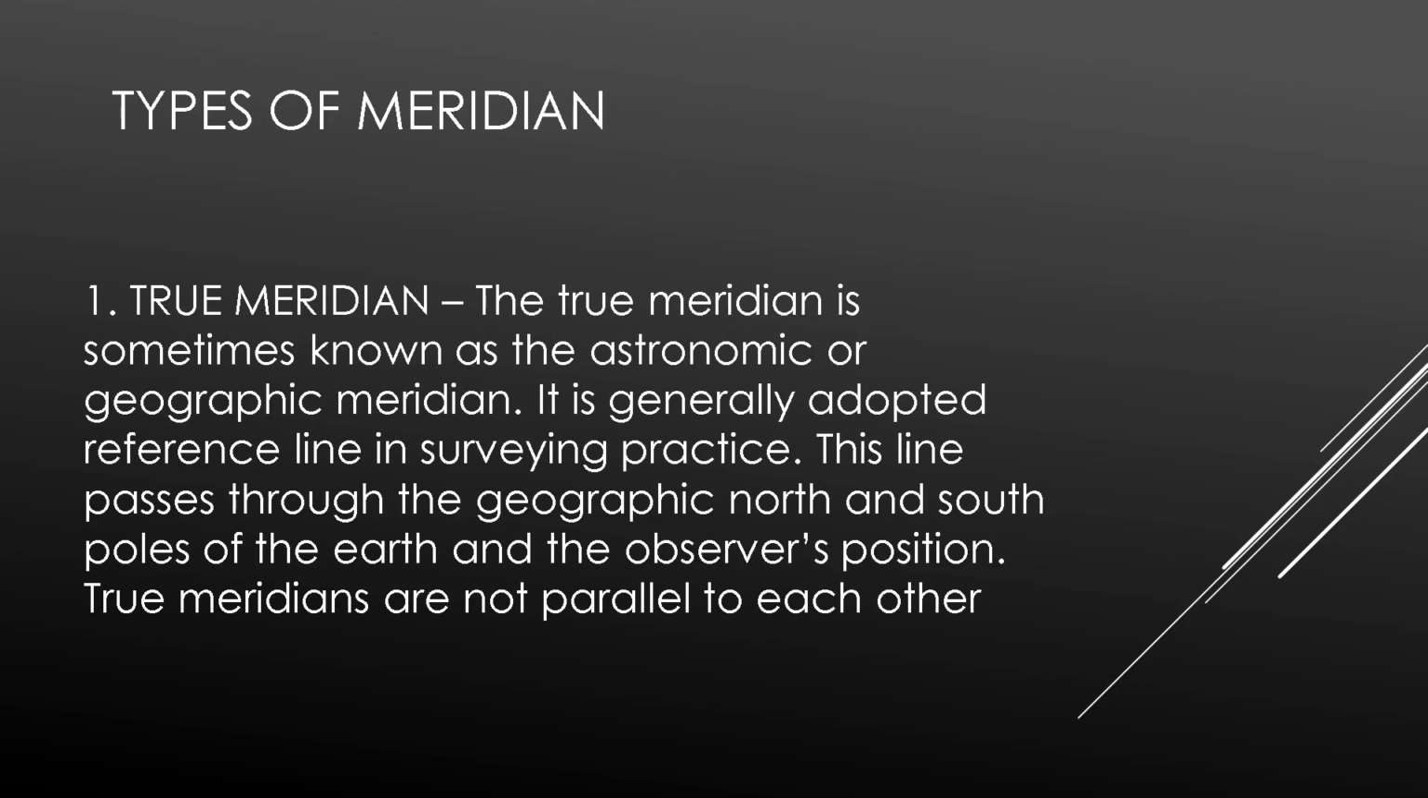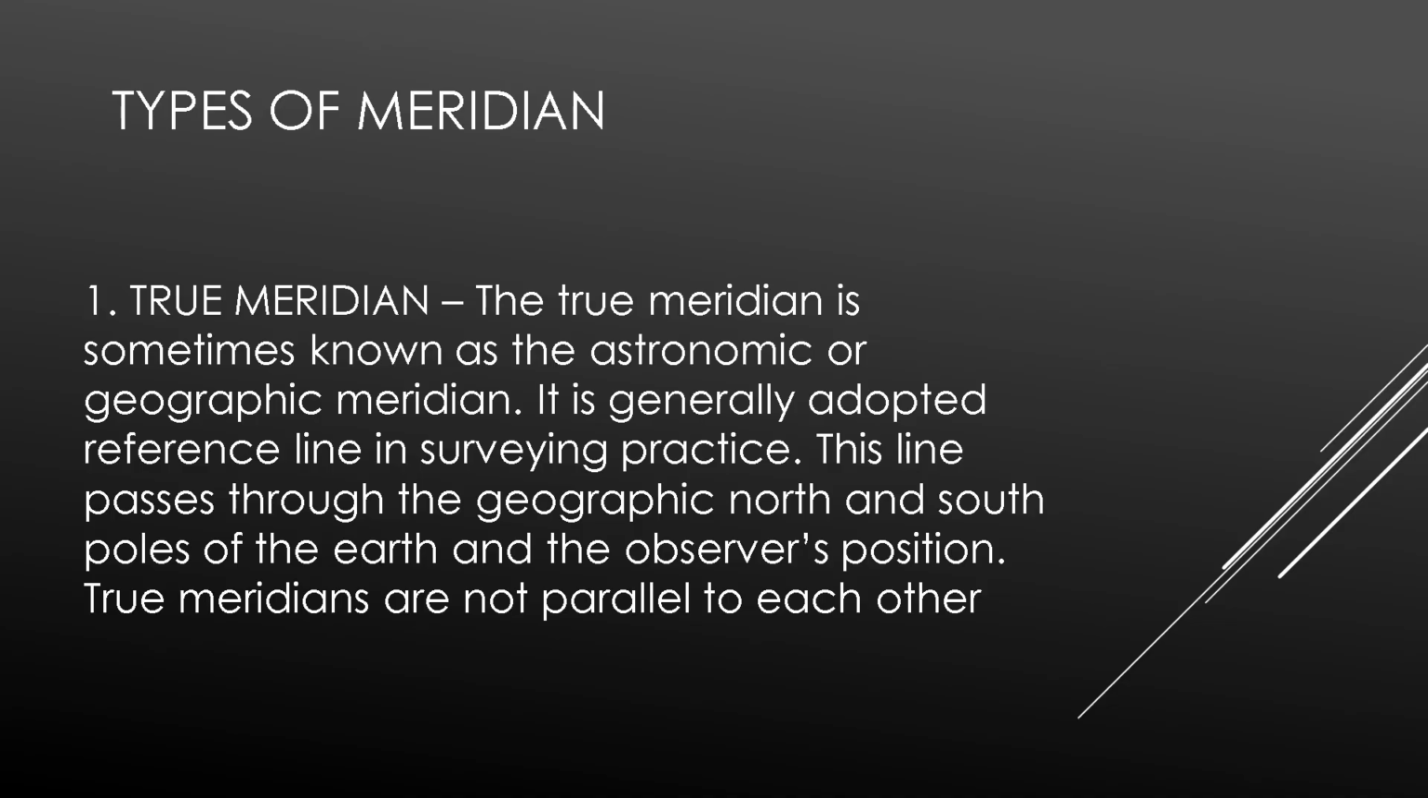The first type of meridian is the true meridian. The true meridian is also known as the geographic or astronomic meridian. It is an important reference line used in surveying because it represents the actual direction of the Earth's geographic north and south. A true meridian passes through the geographic North Pole, the geographic South Pole, and the observer's position. Because it is based on the Earth's geographic poles, it provides a reliable reference for determining directions and establishing the